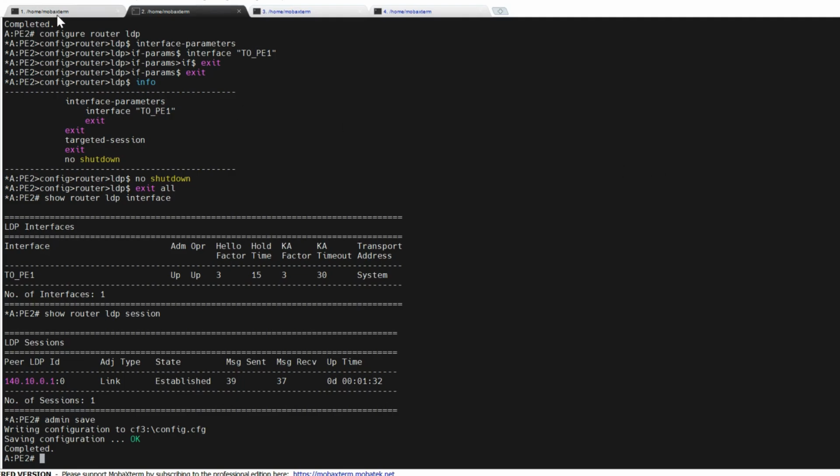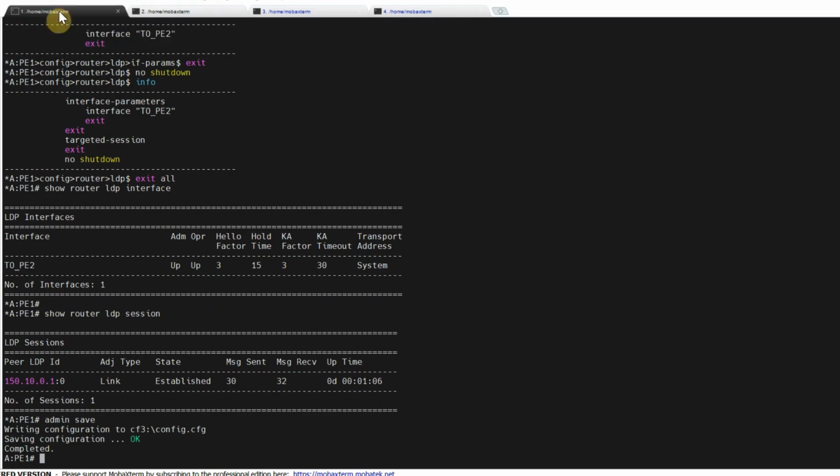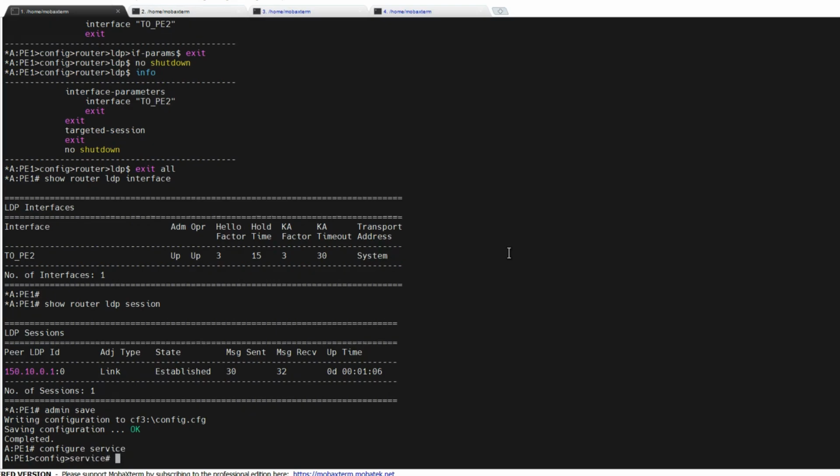So like I said, you can make up your own digits and convention. It's not restricted as long as it's logical to yourselves. So let's proceed with the configuration of the SDP tunnel. On PE1, this has to be done under the service. If you remember, we've been configuring the LDP and OSPF under the router, but this time we are going under the service option on the NOKIA. So we go configure service, SDP